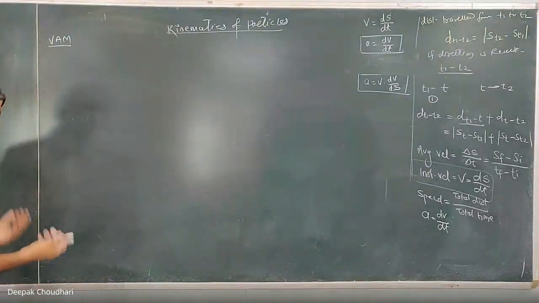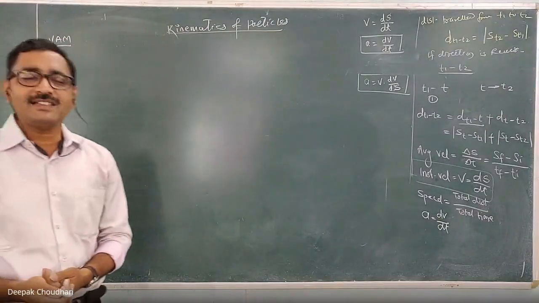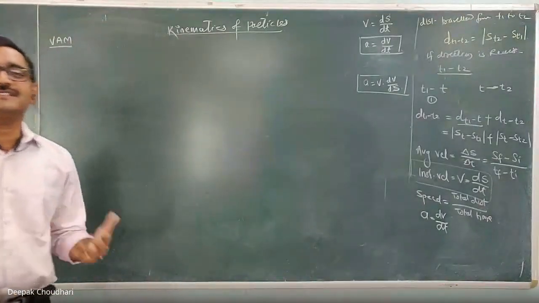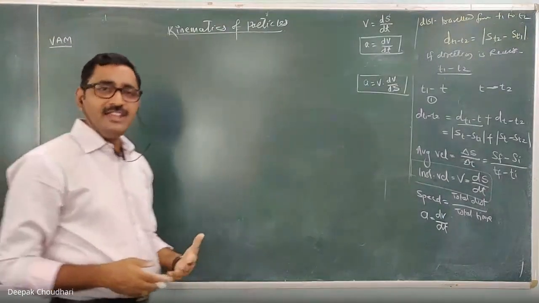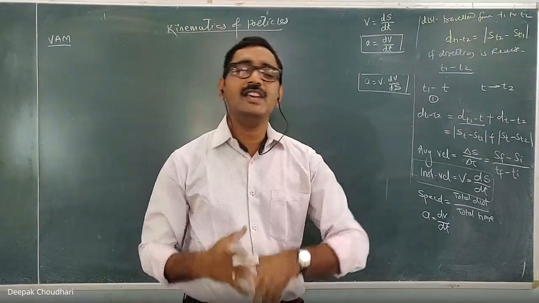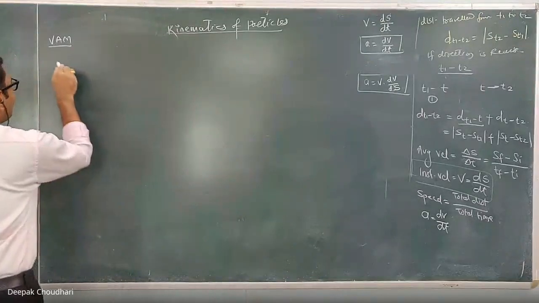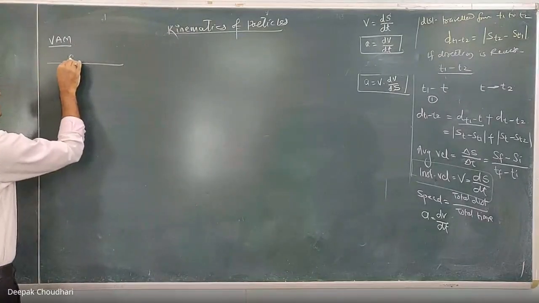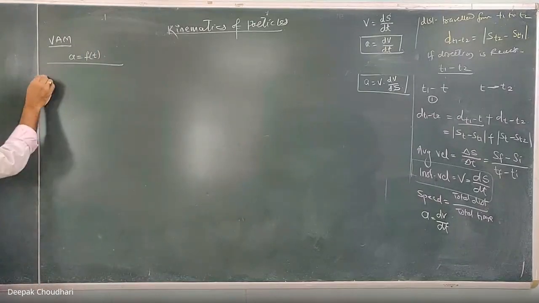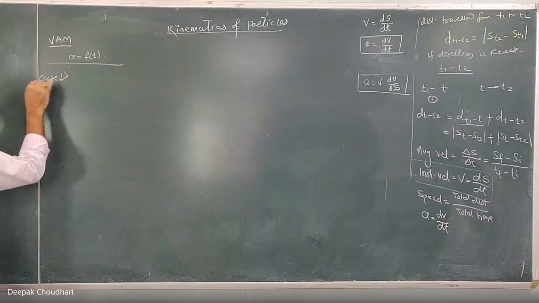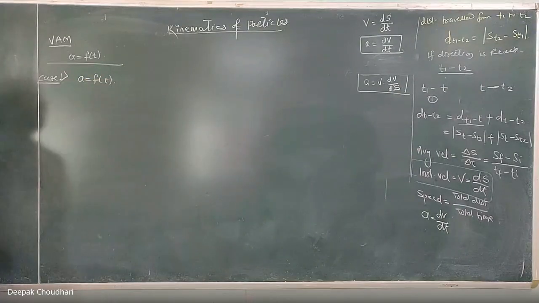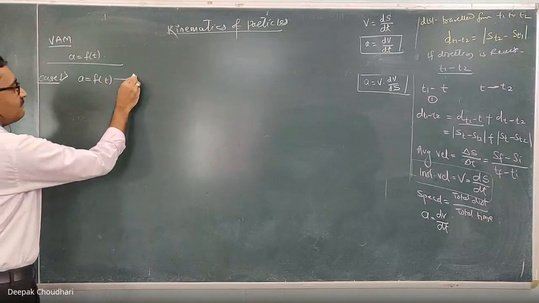Now here it is a variable acceleration motion. During the motion the acceleration varies, and when the acceleration varies, it may vary with respect to some other parameter. Let's consider the case when the particle is moving along a straight line, such that the acceleration varies with respect to time t. That means case 1, which is when acceleration is a function of time t. Let's say this is equation number 1, which is the given equation.